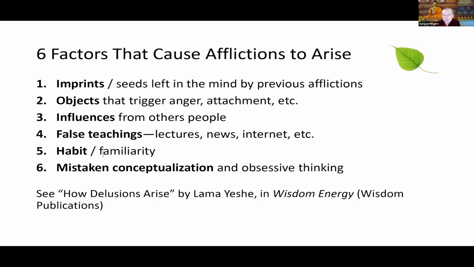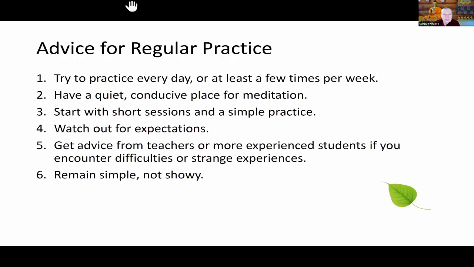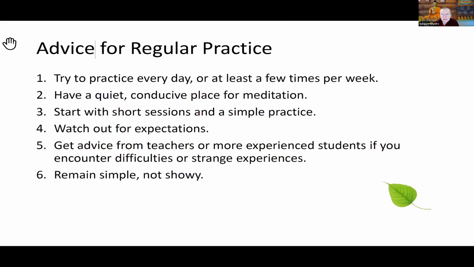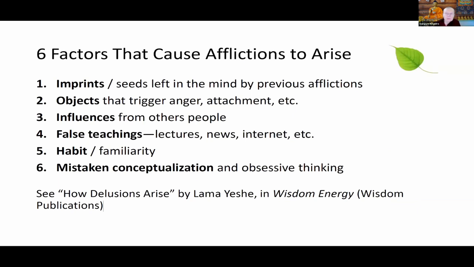So this may help you understand why it is that even though we don't want to have anger, we don't want to have jealousy, we don't want to have desire or attachment coming up in our mind, they pop up without any choice. Can we go back to the previous page, the 6 factors? Yeah. So this is actually found in Lama Tsongkhapa's